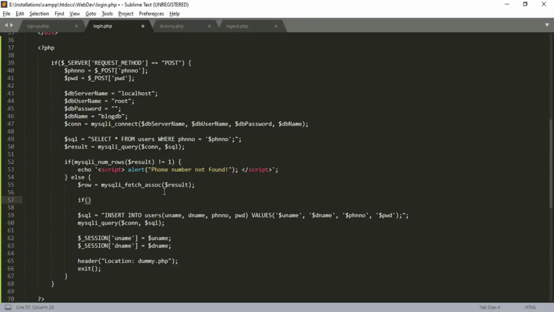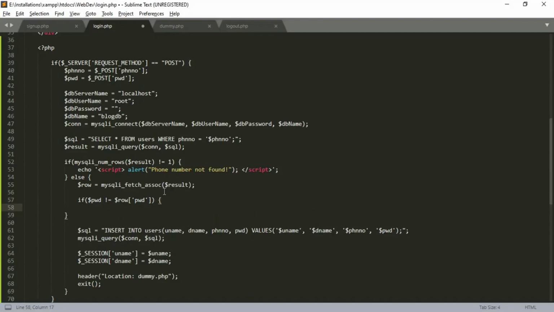If $pwd not equal to the row of pwd, so if they are not equal, we can send the alert saying that phone number or password is wrong.